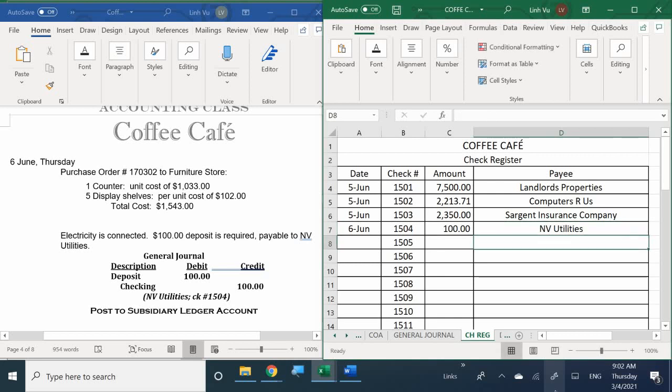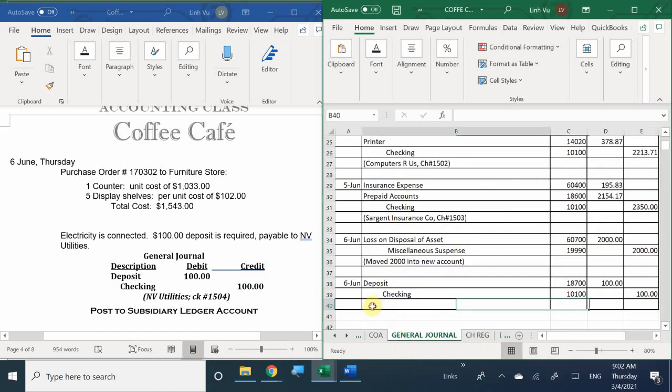All right, good. So now that I have my check number 1504, let's go ahead and journalize this, or finish my journal, right? So the description is going to be your vendor, NV Utilities. You can even write what you paid for. So this is electricity